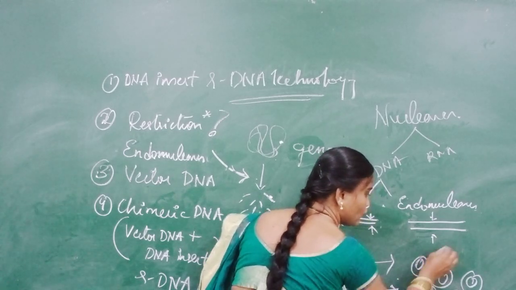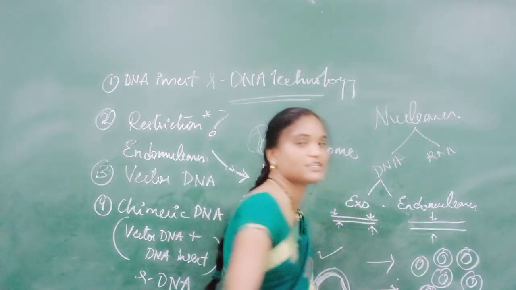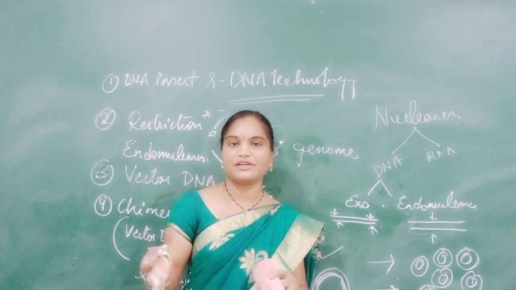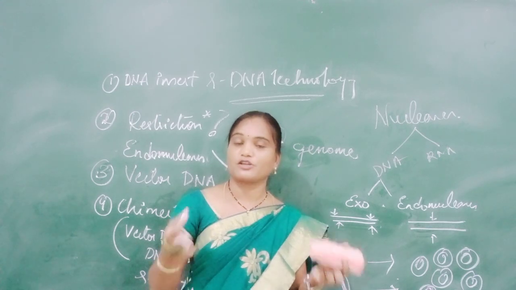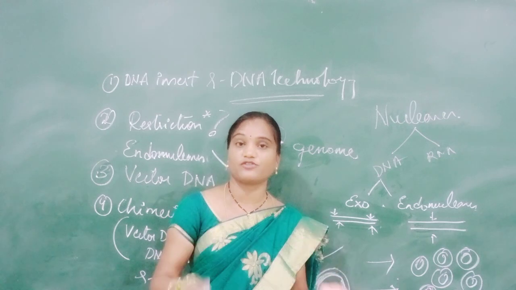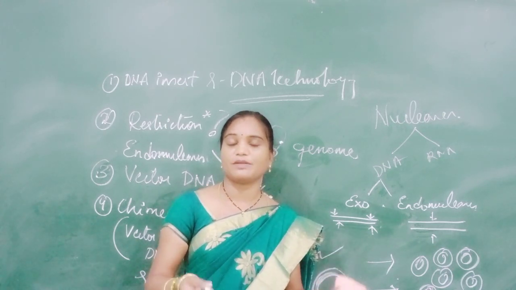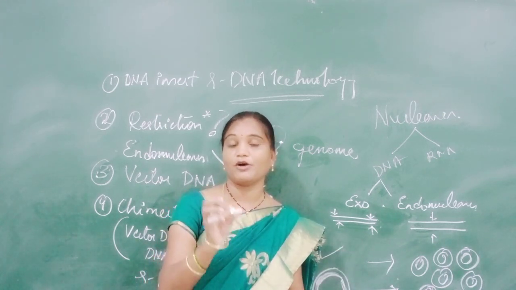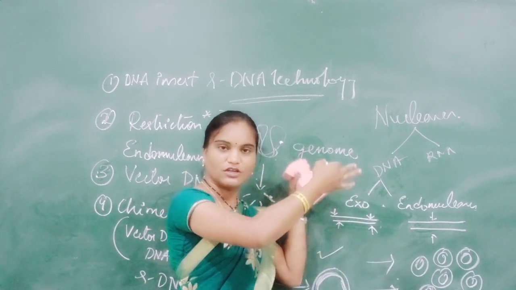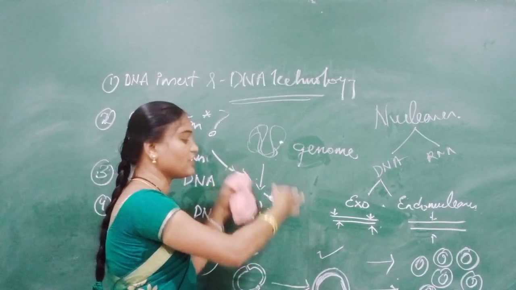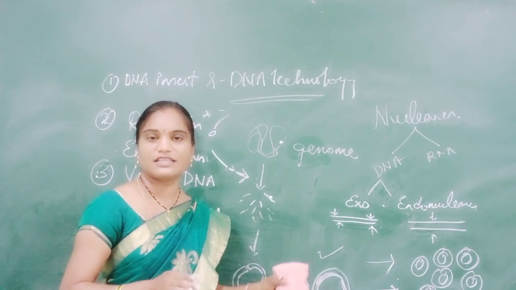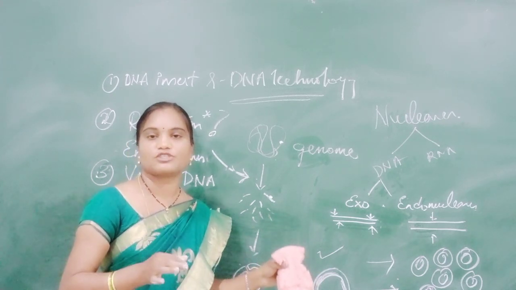Next, after this what happens? This particular desired gene is produced in multiple copies, and it is utilized in industries for production of enzymes, antibiotics, insulin, growth hormone, steroid hormones, whatever. So depending upon the ultimate product, this is a general flowchart that you will be seeing in rDNA technology. This is the basic principle flowchart for rDNA technology.